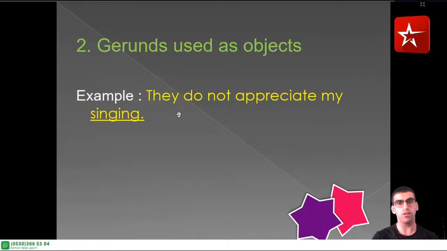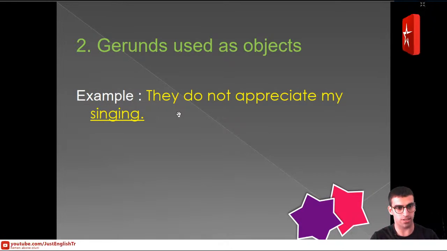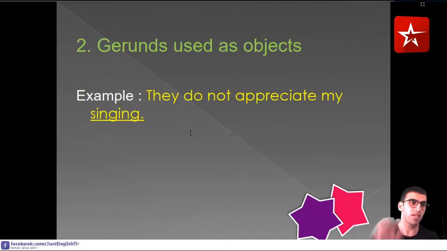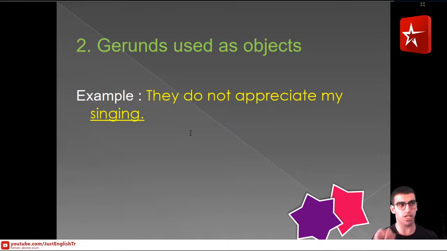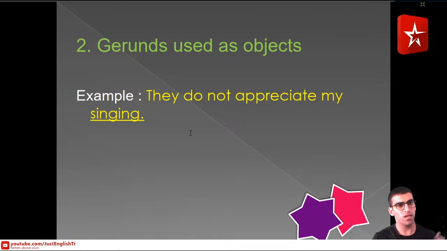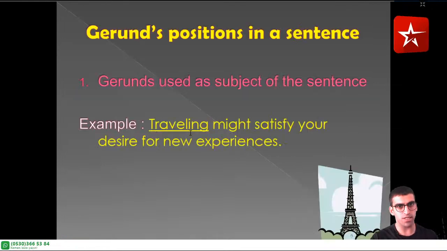And the second rule, the second usage of gerund in the sentence, is as objects, not subjects. Like in the first sentence here, we use a gerund as a subject of the sentence. But here, you can see we use a gerund as the object of the sentence. Subject and object. I don't know these two words in Turkish. Nesne, özne. I don't know which one is nesne, which one is özne. But the subject is here: traveling might satisfy your desire